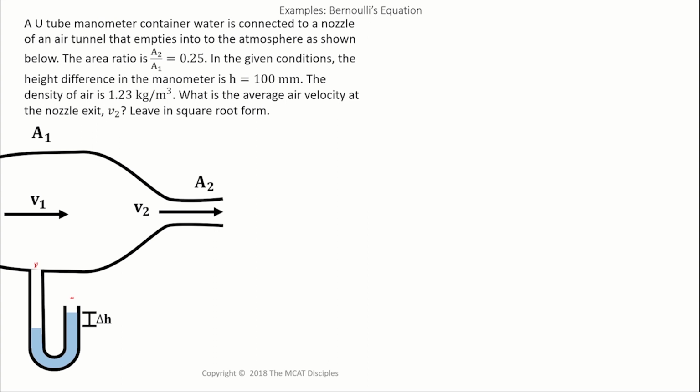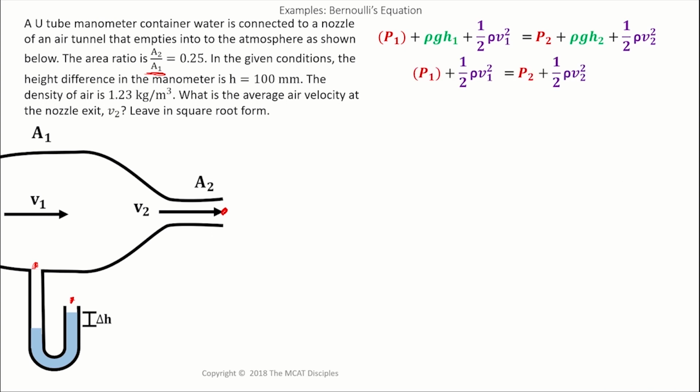Pressure gradient. And so we can use that difference in height to determine what the pressure difference is between this point and this point. And guess what? The pressure here is equal to the pressure here because this is exposed to the atmosphere. And so we can use this height difference to determine the pressure difference between these 2 points, and then given the pressure difference between those 2 points, you can then determine what the velocity at V2 is. And we also have to use this area ratio to determine the relationship between V1 and V2. Anyway, we use Bernoulli's equation.